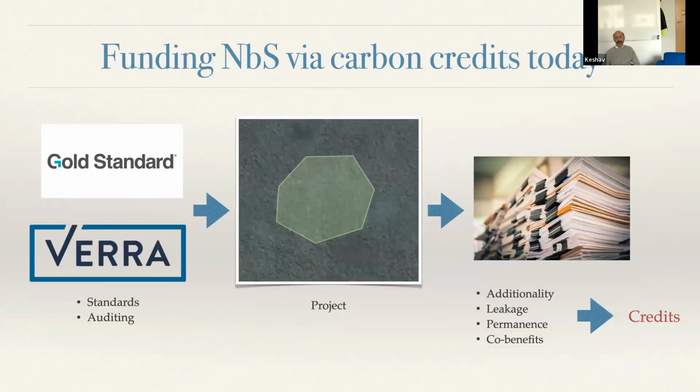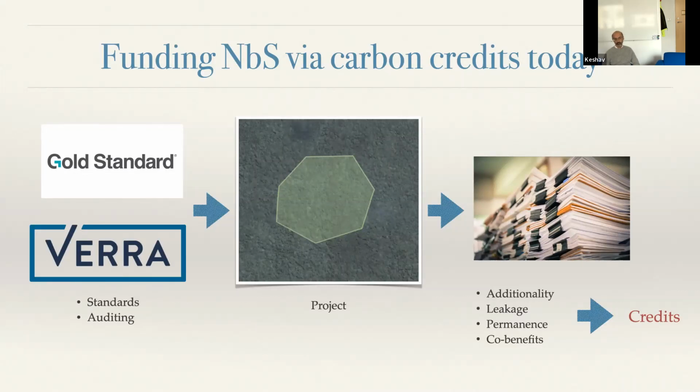And the way that funding happens for them is as follows. In the middle, I'm showing you what's called a project polygon. That's the surface of the earth showing a project area. Let's say you decide you will protect all the forests in that polygon over there, and you create a project for doing so. So you're doing something additional, over and above what's happening naturally.